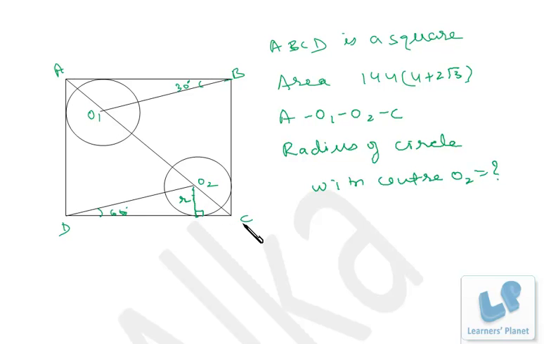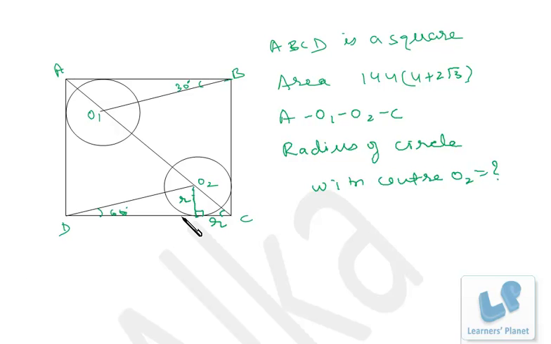See, AC is the diagonal of this square. Now this complete angle is 90 degrees, which means half of this will be 45 degrees. Actually the diagonal makes a 45 degree angle with the side. So this is 45 degrees, and this will also be 45 degrees, because 90, 45, 45. So this length and this length will both be the same. So if this is R, that has to be R.